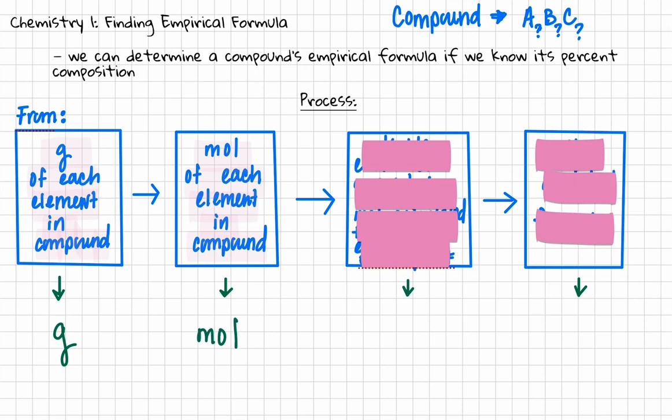Remember when I was talking about that sometimes, for the most part, you'll start from grams? I said most part because sometimes in the problems you're given, they will go to mole. So the problem will say you have X amount of moles of A, X amount of moles of B, X amount of moles of C. Or, for the most part though, the problem will say that you have X amount of grams of A, X amount of grams of B, X amount of grams of C. And that's because they want you to do the most work to find the problems. But if it starts out with mole, then you've kind of already skipped the first step. Okay? So then once you go from gram to mole,